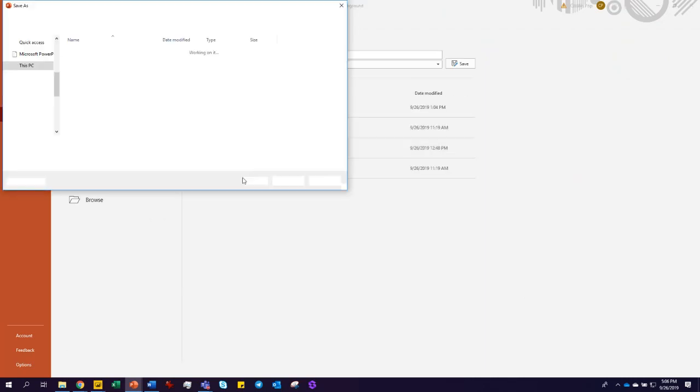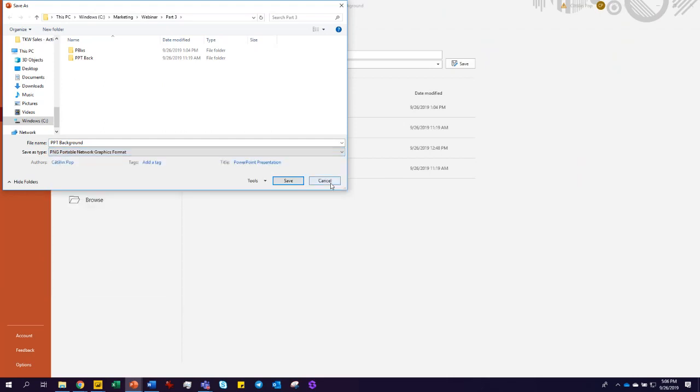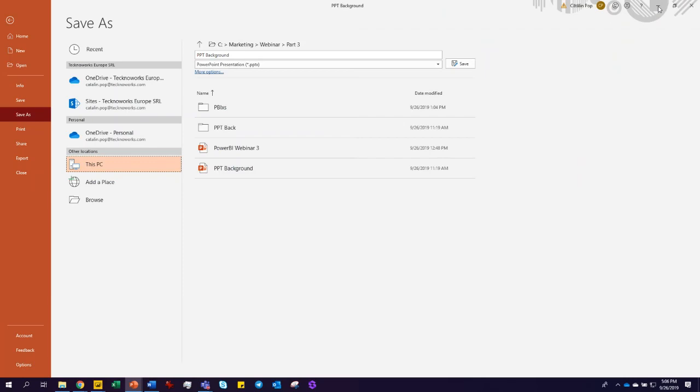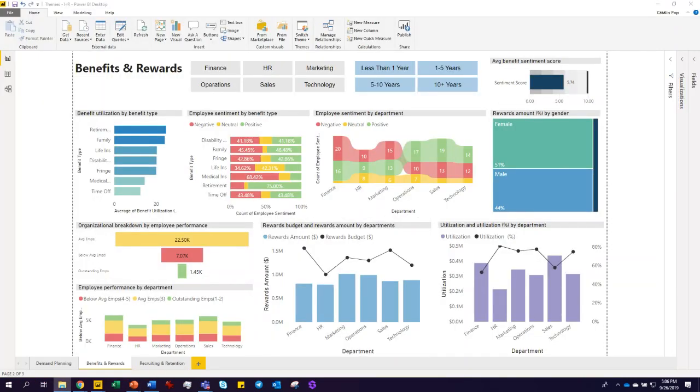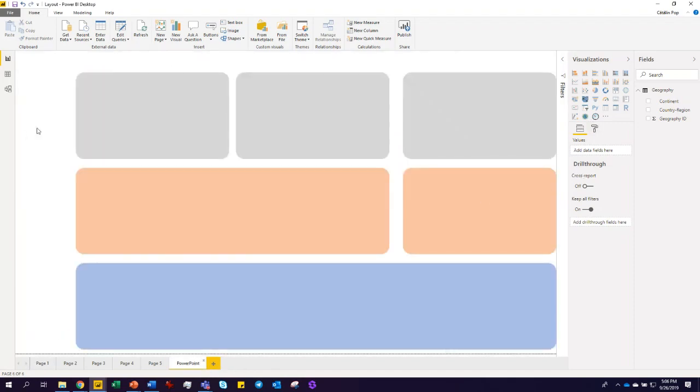So if you select the type of export, you see here that you have a PNG file, portable network graphics format, and you can just save it to your local machine. And then it's as simple as navigating to the Power BI report page, and just ensure that for your main report page, so click outside of an existing visual, go to the formatting here, click on page background, and just